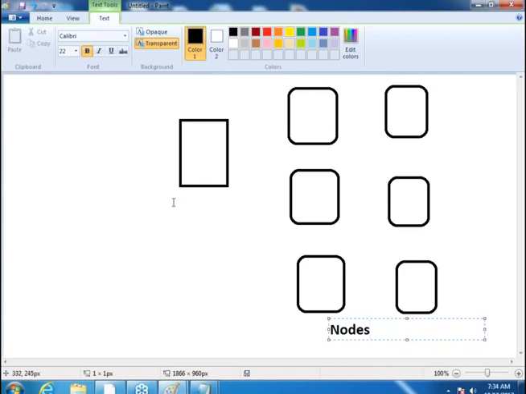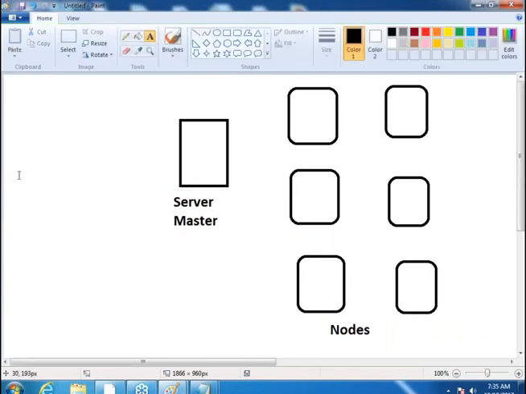And this is generally considered to be the server, sometimes the master. So what is the server or master? This is a machine which has knowledge of the configuration management tool you are working on. For example, if I'm using Ansible, I will have an Ansible server. If I'm using Chef, I'll have a Chef server. If I'm using Puppet, Puppet calls it master, even though it is a Puppet server. Fine. So there are two kinds of machines in this architecture. One is the server, the other is nodes. Nodes are your servers. You are using configuration management because you want your infrastructure to be updated on the nodes.